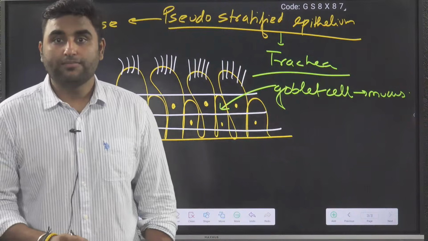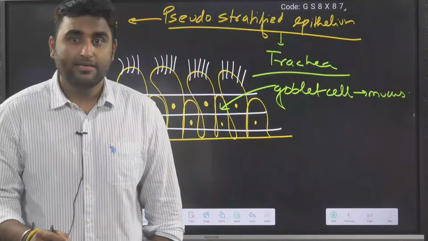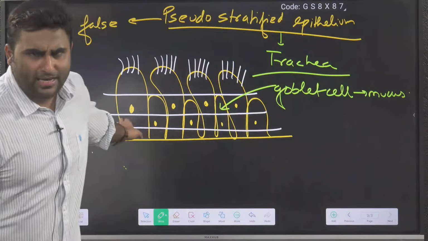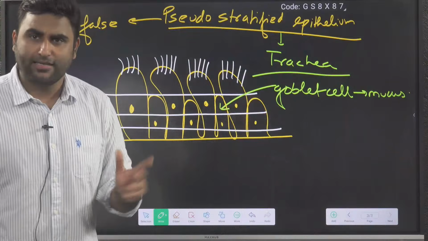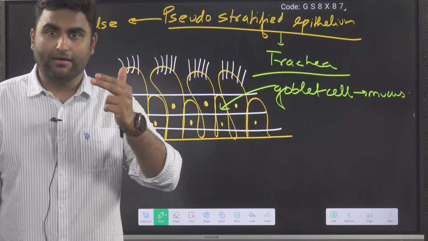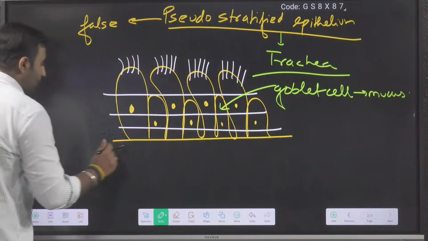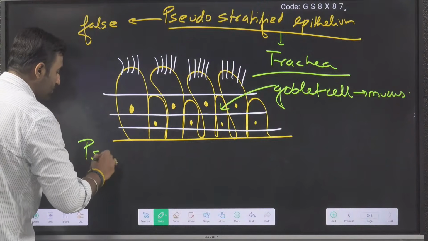Just now we told trachea has simple columnar ciliated, but it is simple columnar. A single layer of column-like cells is there, but it appears falsely multiple layered. So what is the full name? What is the full name I will write? The full name I will write is